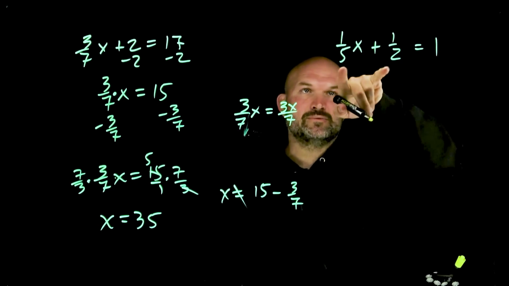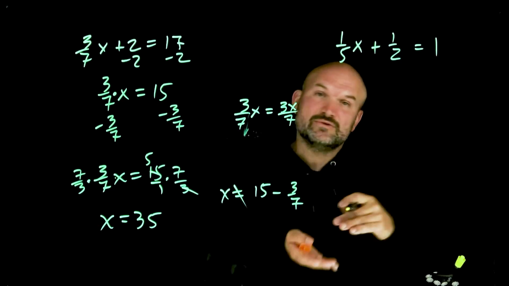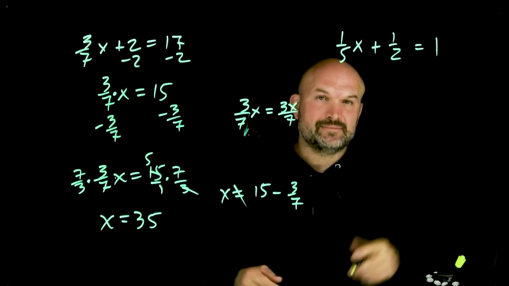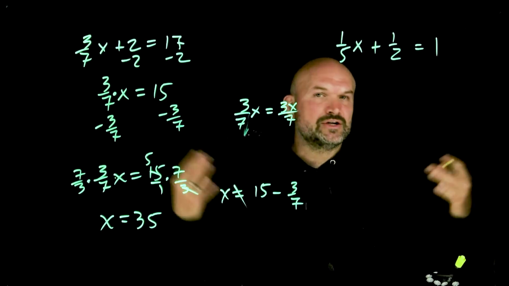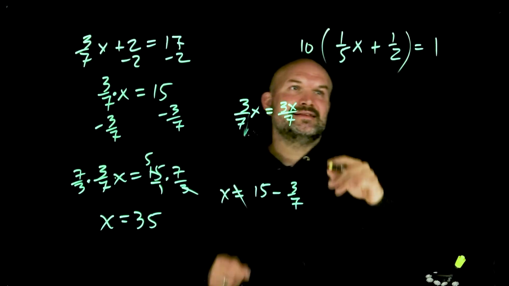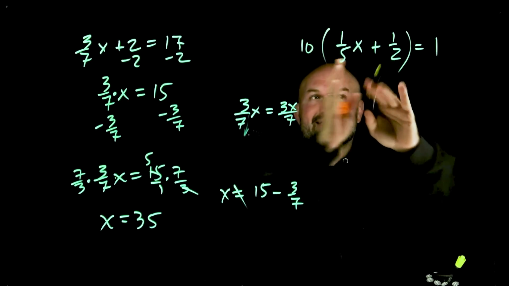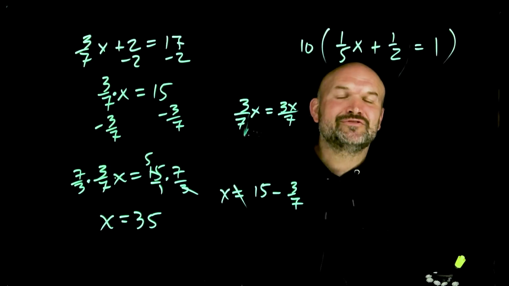So to get rid of fractions when you have multiple denominators, you've got to multiply by the least common denominator. That is going to be the smallest number that both of your denominators evenly divide into. And in this case, you can hopefully see that the least common denominator is going to be 10. So the mistake that students will make is they will sometimes just multiply the 10 on the left-hand side, or they'll say, I know I need to multiply by everything, but they will forget to